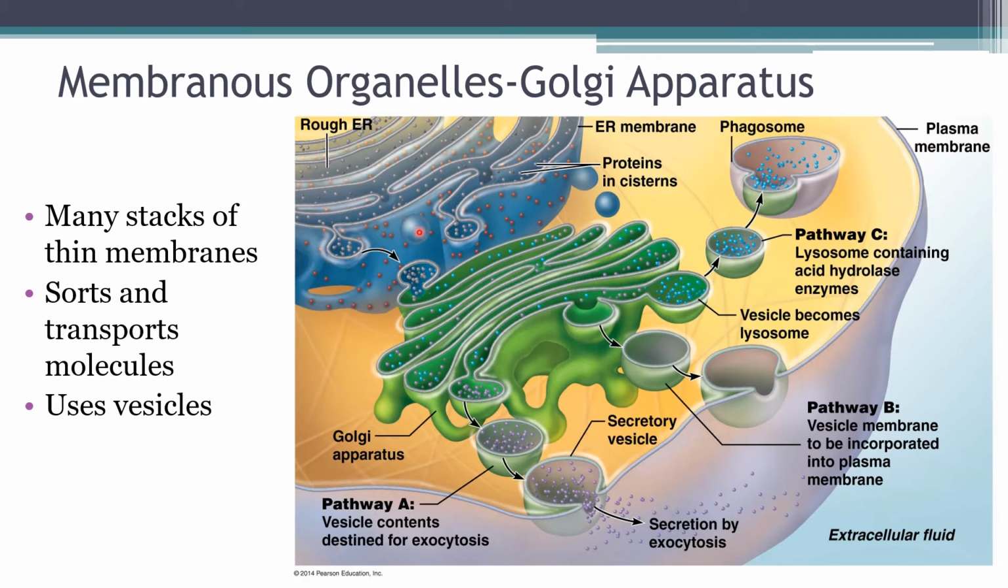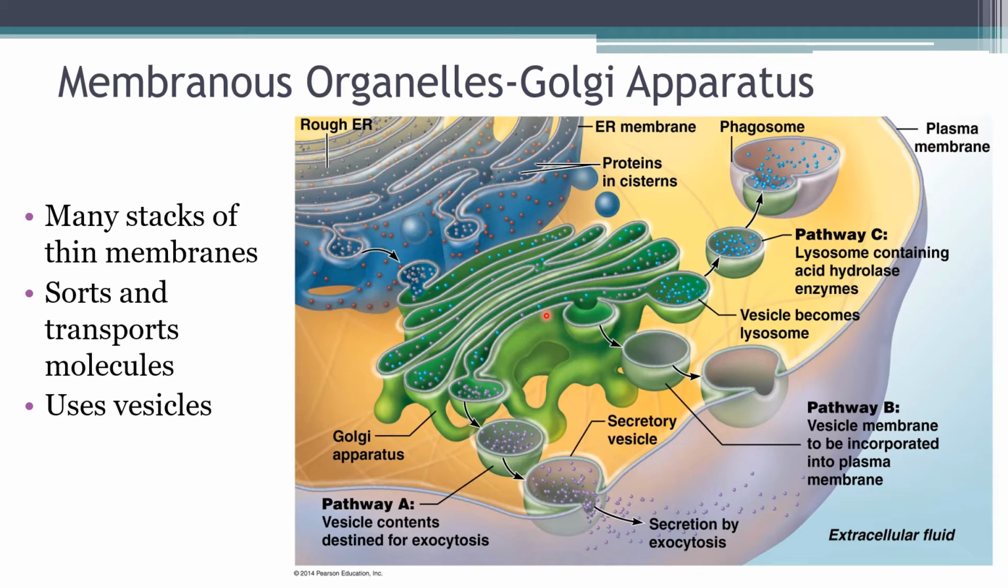So basically what happens is endoplasmic reticulum produces these proteins or these carbohydrates or lipids, and it packages them in little spheres called vesicles. And those vesicles carry whatever the endoplasmic reticulum produces to the Golgi apparatus. What the Golgi apparatus is going to do is sort and then transport those molecules to the